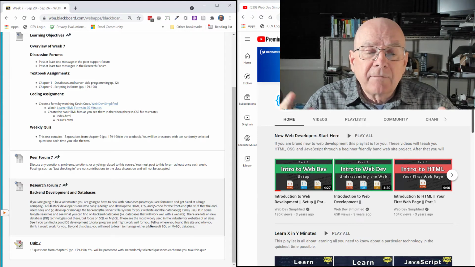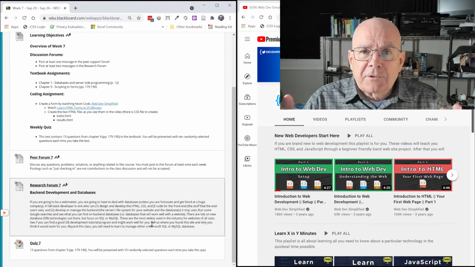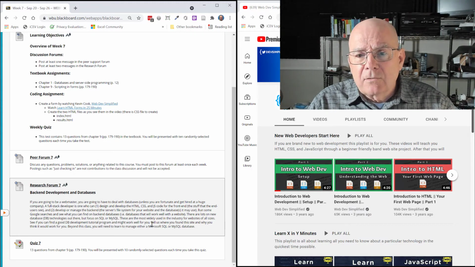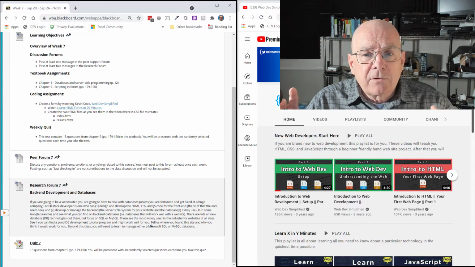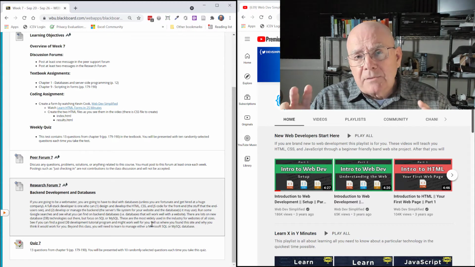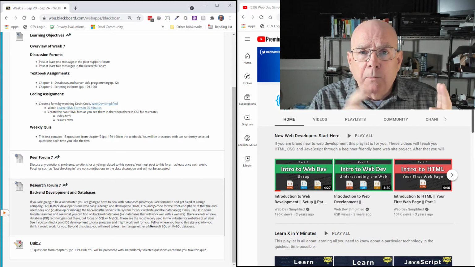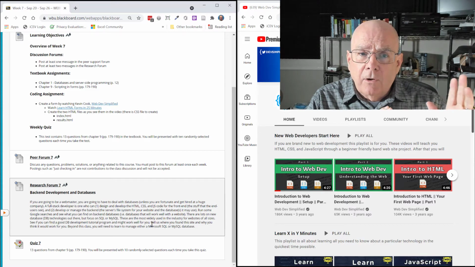It's about back-end development and databases, but it's also about understanding the difference between front-end use and back-end use and how you can go about learning and being trained on this stuff. I want you to spend a good amount of time searching this and trying to understand. You must understand the difference between what we call front end and the